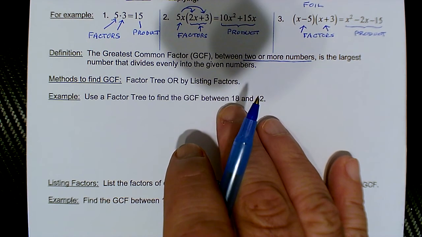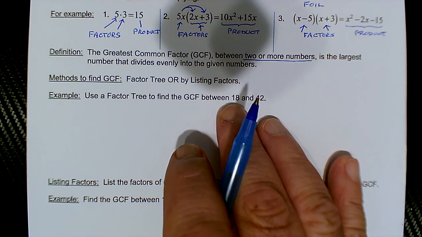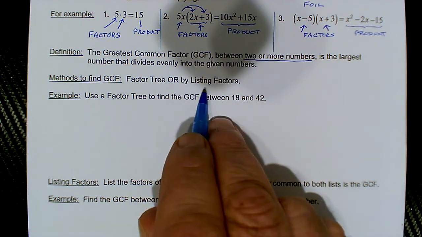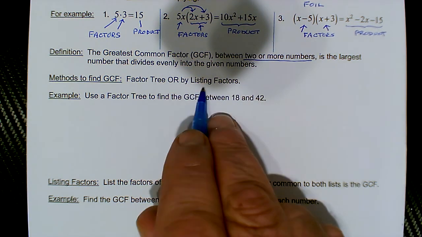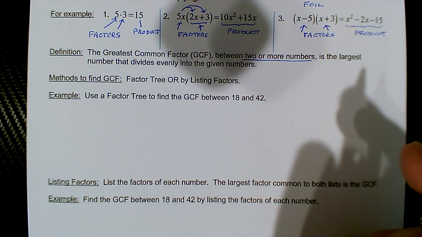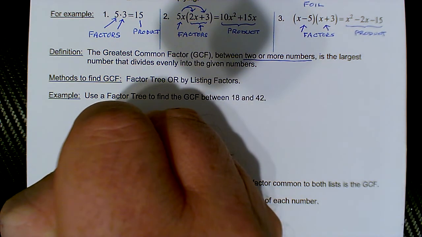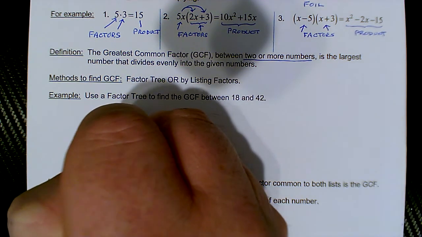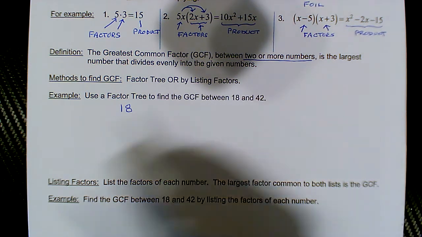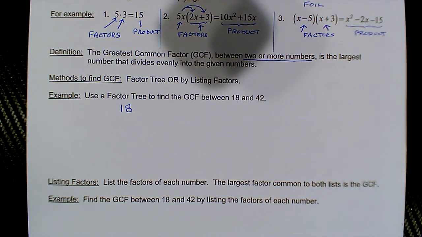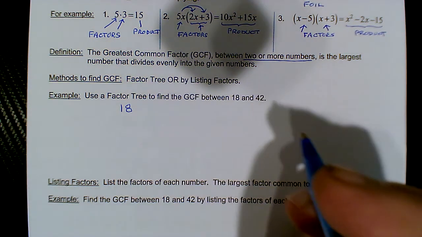Now there's two ways to go about finding the greatest common factor between two or more numbers. You could use a factor tree, or by listing the factors, so there's a more expedient way. But by the factor tree, here's what we mean. There's actually a theorem, fundamental theorem of, well, not of algebra, but